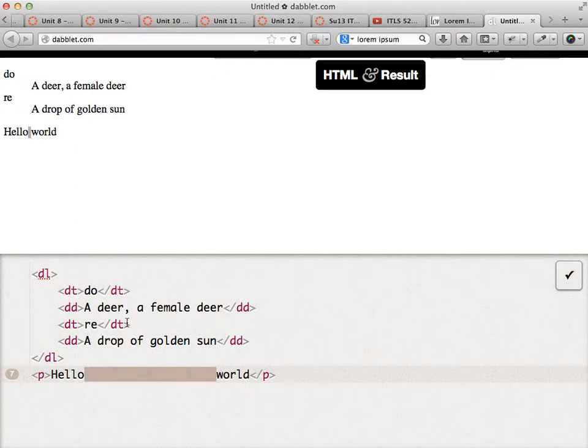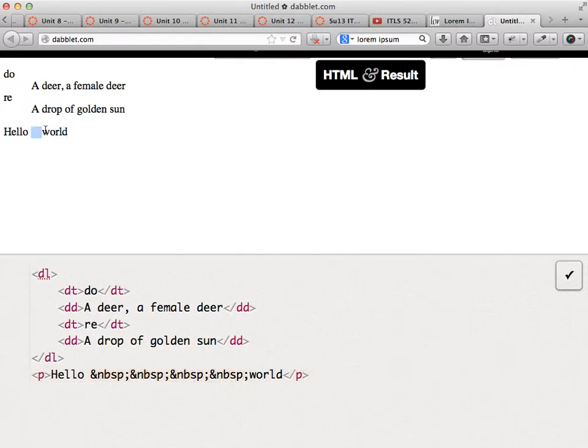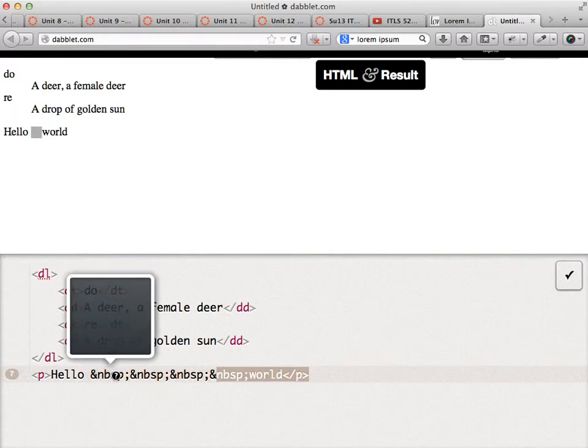So certain special characters that might be interpreted differently in the source code get their own entity codes. So for example, a space, so we can create an entity. There's an entity for a non-breaking space, nbsp. And you'll notice as I add these, they are actually being treated as additional spaces by the browser. So non-breaking space